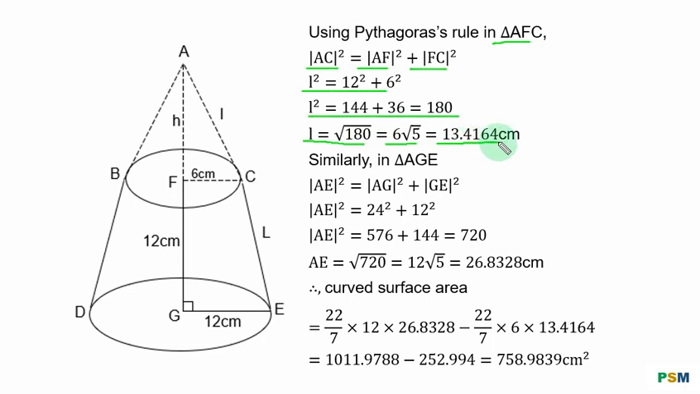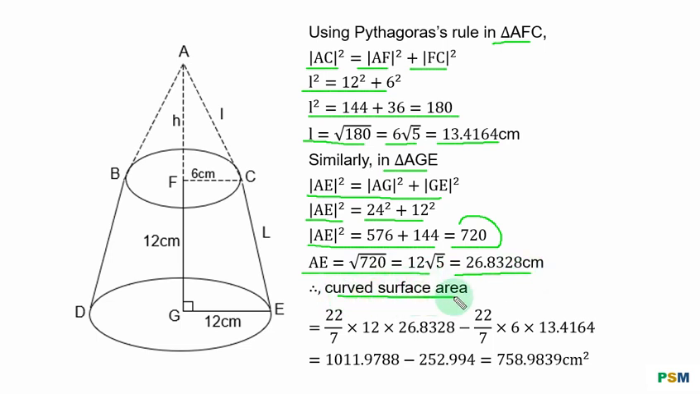13.4164 cm. Similarly, in triangle AGE, you have the Pythagoras rule stated in this form. AE square is equal to 24 square plus 12 square. You have this result, and that is 720. AE becomes square root of 720 equal to this and this. Therefore, curved